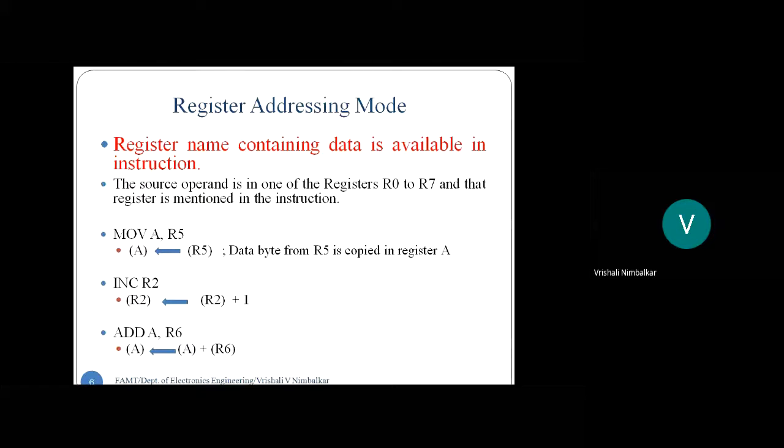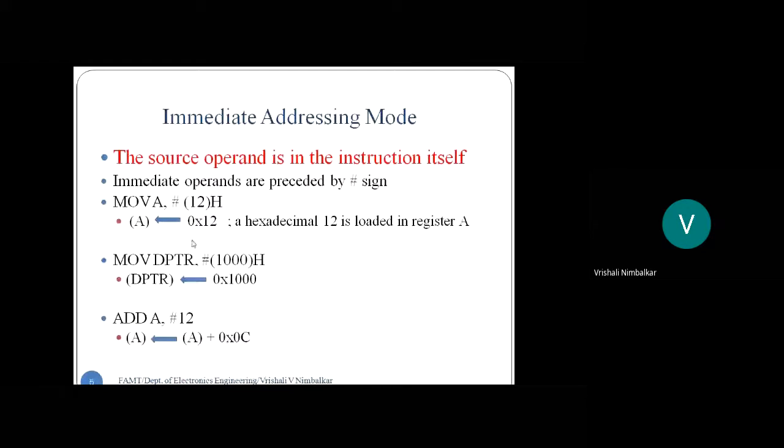Right? Now see, whatever addressing modes are, these addressing modes are categorized based on the source operand. Where is the source operand? Not the destination. Okay, hope you all get me. The addressing modes are categorized based on where the source operand is. If the source operand is in a register, it is register addressing mode. In the previous example, the source operand was in the instruction, immediate addressing mode. We do not look at the destination. We look at the source.